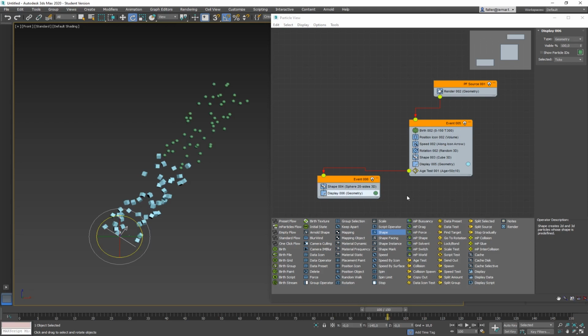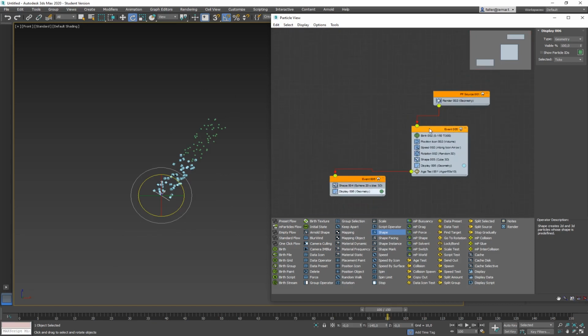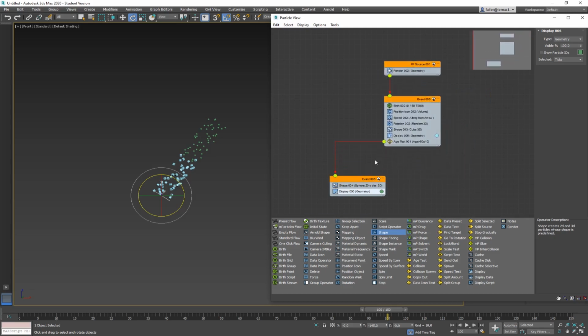So we've already talked, or I have already talked about, what's the time? 37 minutes. So let's sum it up. To create a particle event, I would suggest to create a PF source first, and usually it comes with a particle source that is rendered and with a series of operators in an event.